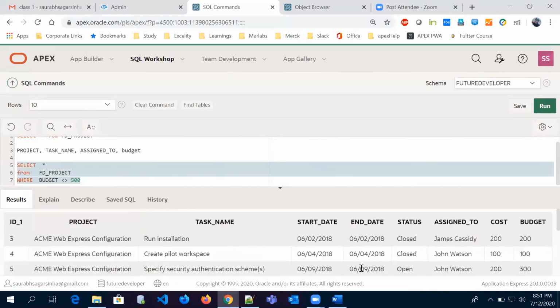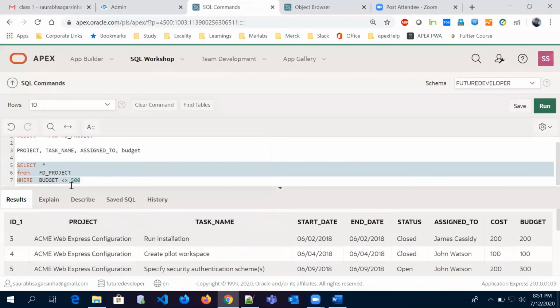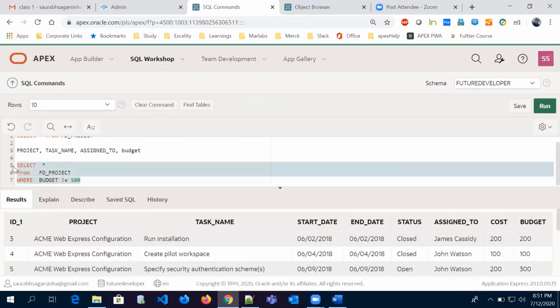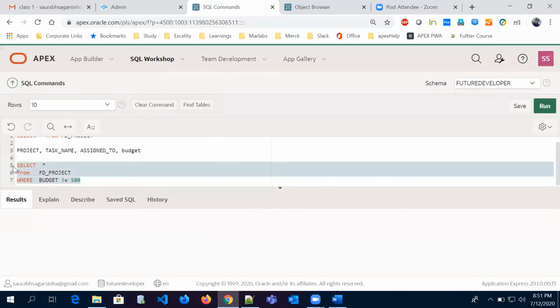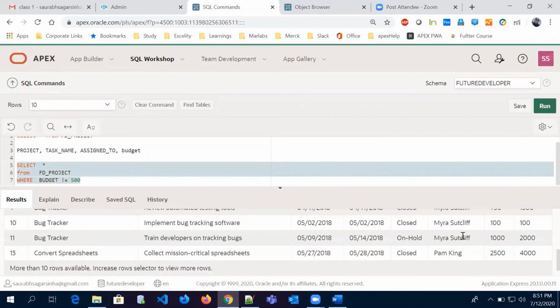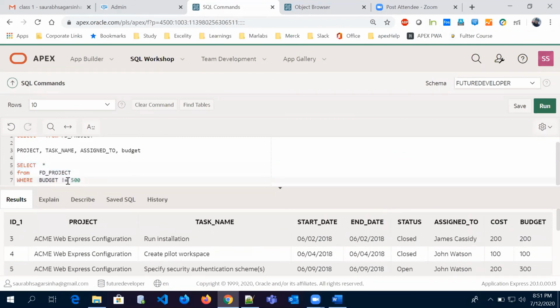Let me run it. We are getting this much information, but we are not getting the information where budget is 500. So we can write using this symbol or this symbol, both will do the same thing. Let me run this again, and you'll get the information here. The use of both symbols is the same, but the kind of representation is different.